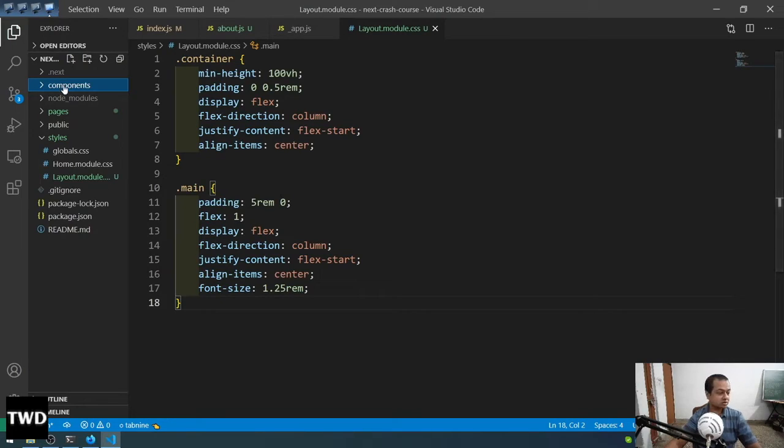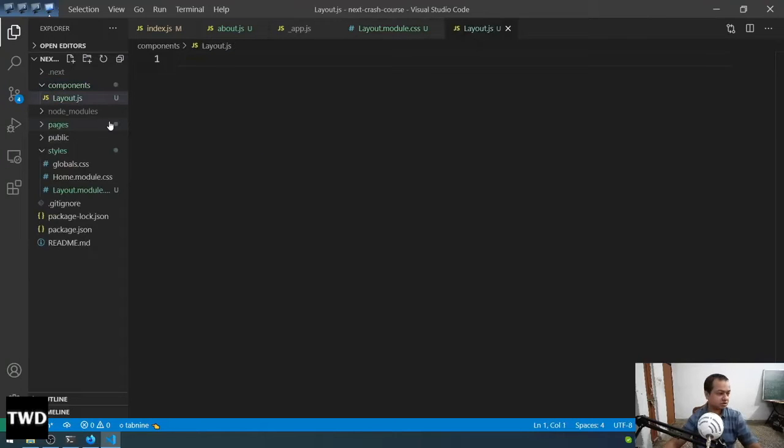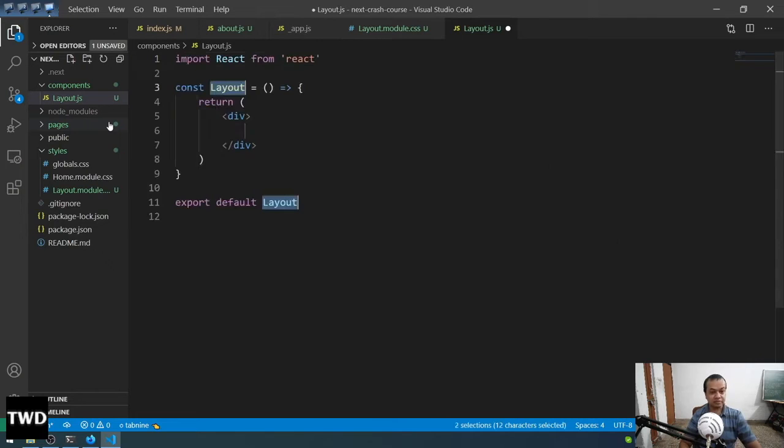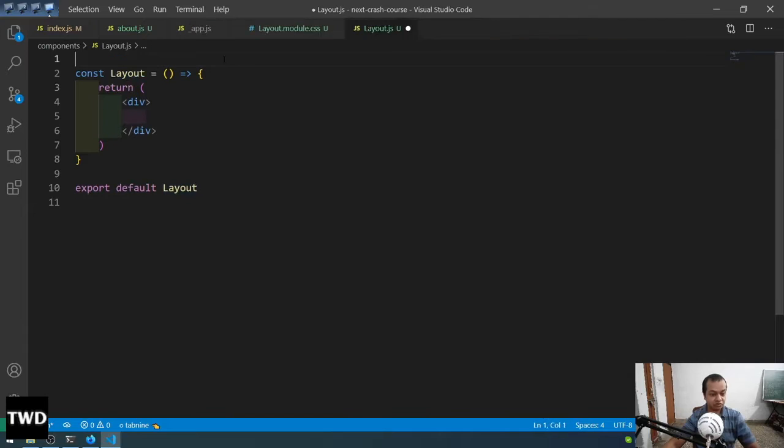Okay, so components layout.js. Yeah, components should always start with capital. This is React thing, means it should always start with capital. RAFCE. I do generally RAFCE, but then I will remove this because we don't require this, but we will require